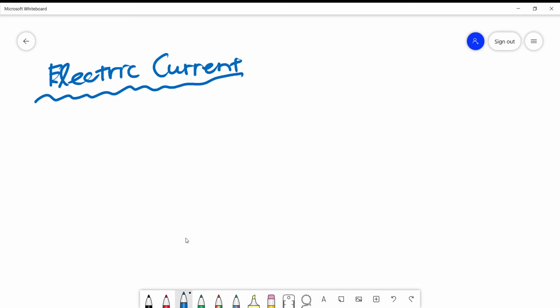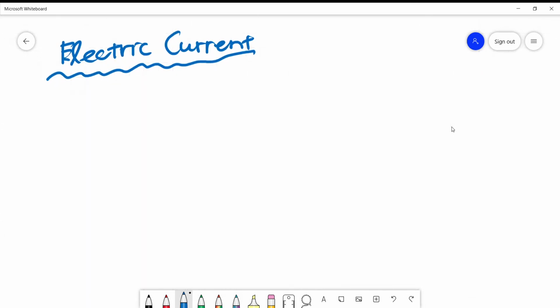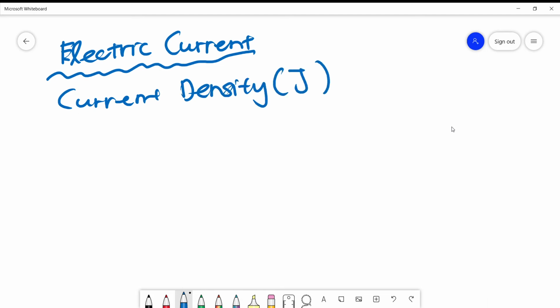Okay, so let's continue with our chapter, electric current. Let's proceed to our new subtopic, which is current density. Current density has a symbol which is denoted as J. For the definition of the current density, current density is actually defined as